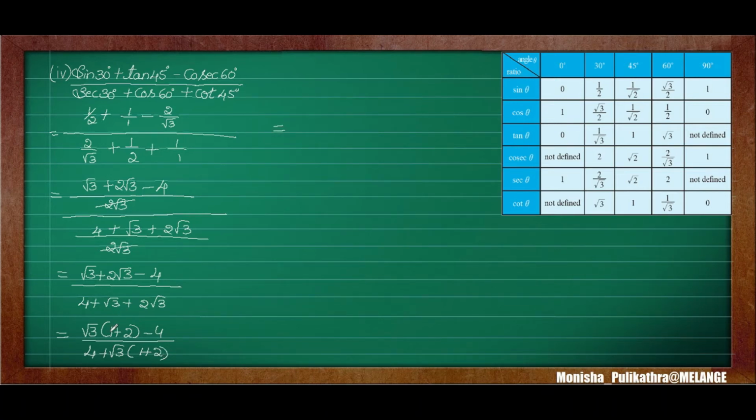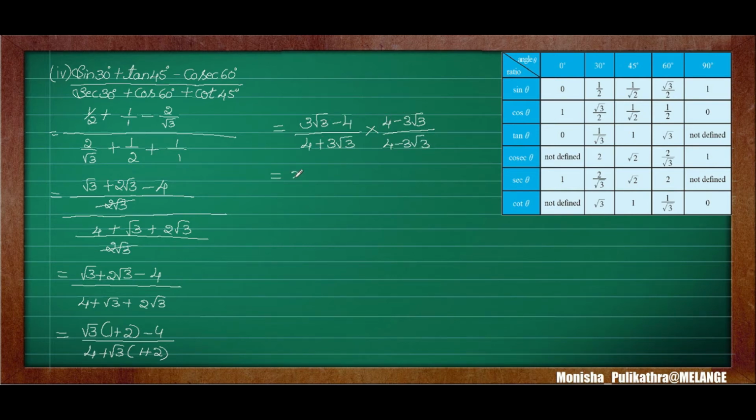So next, here 1 plus 2 is 3. So 3 root 3 minus 4 whole divided by 4 plus 3 root 3. Understood? So next, you can't stop the problem here. You have to rationalize it. Okay. Here the thing is 4 plus 3 root 3. So take the conjugate, 4 minus 3 root 3 divided by 4 minus 3 root 3. Okay. Next you have to multiply consecutively.